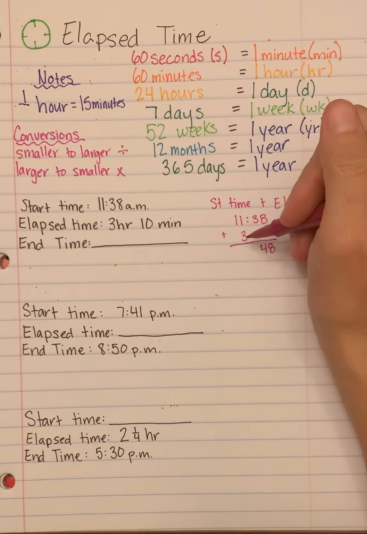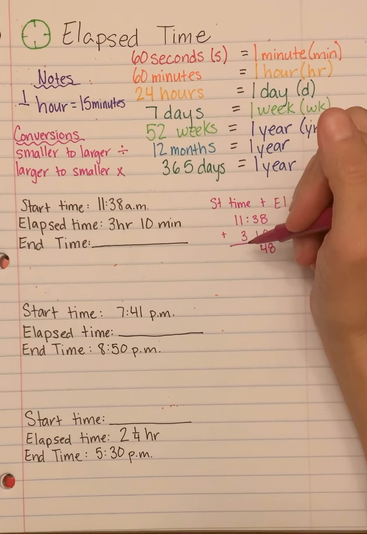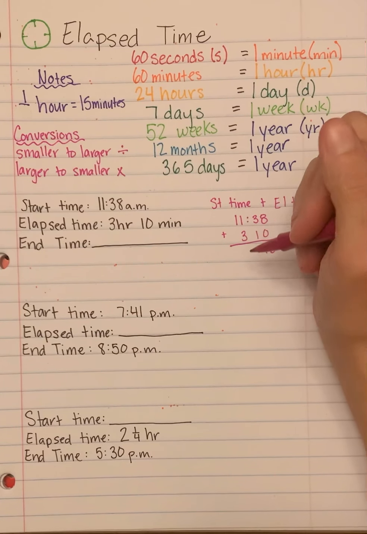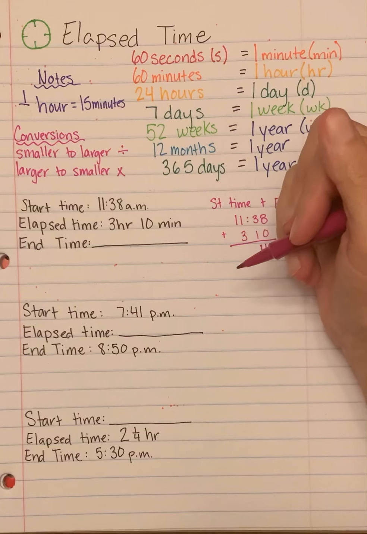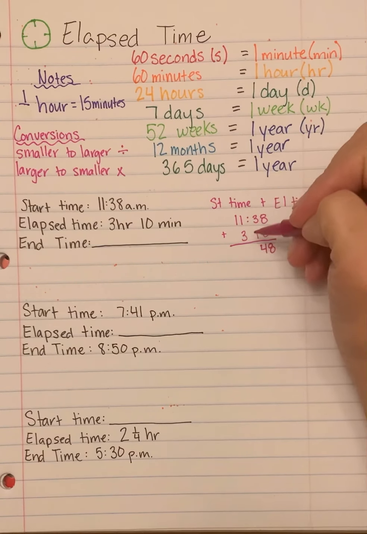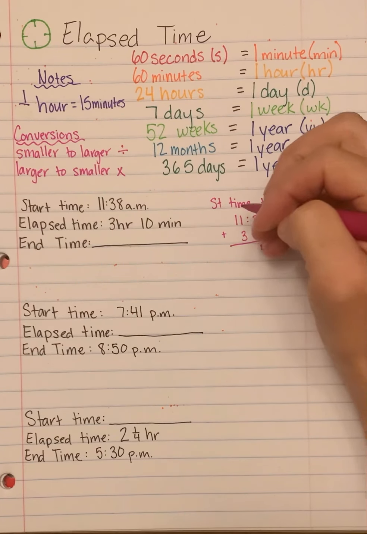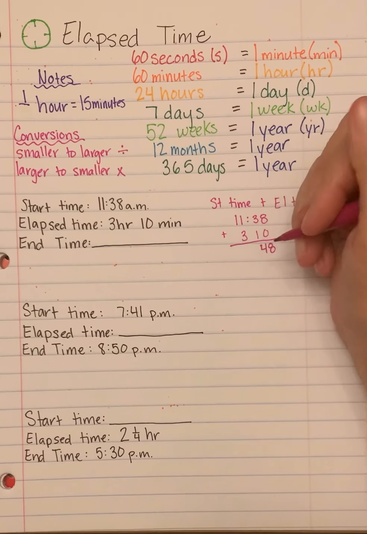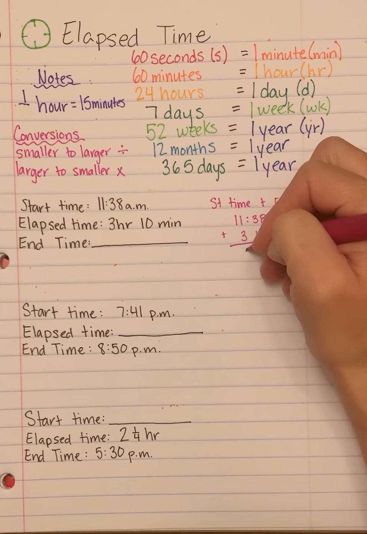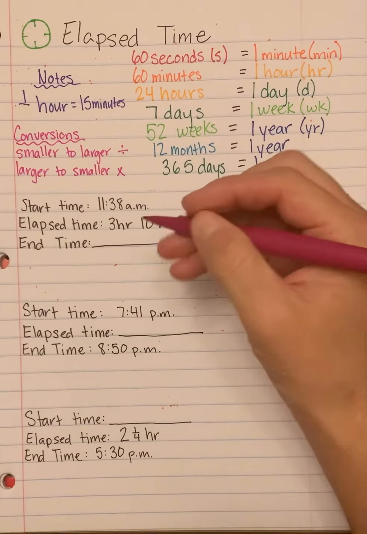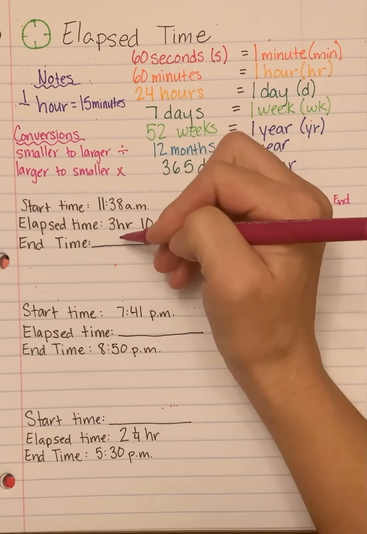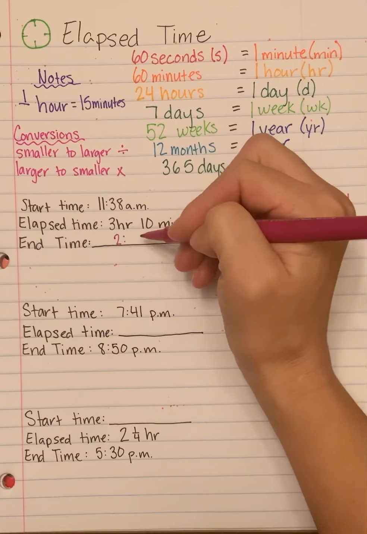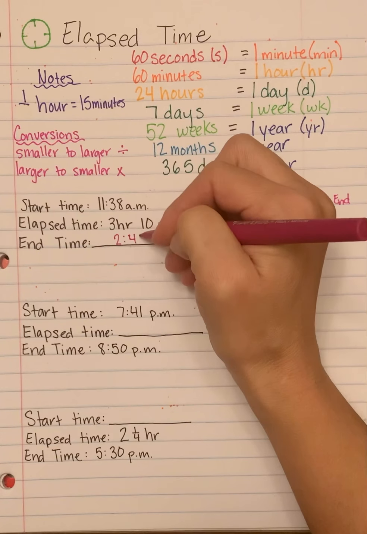11 plus 1 would put me right at noon. So noon, it goes over into PM. So I'm now in PM, but I still have 2 hours left. So noon plus 2 is going to be 2 PM. So my end time for this problem is going to be 2:48